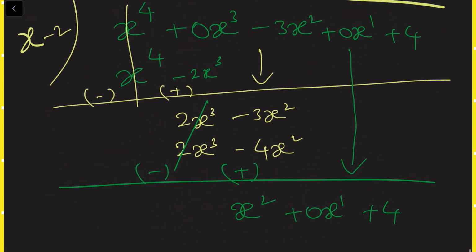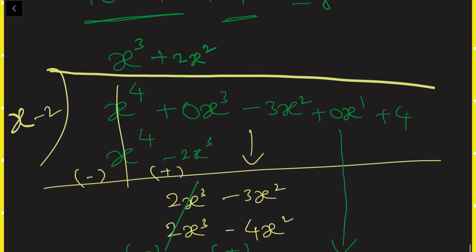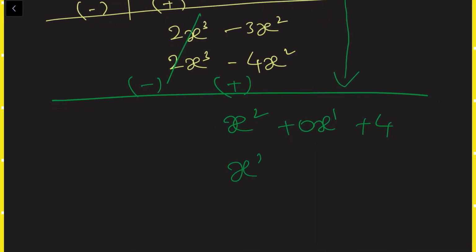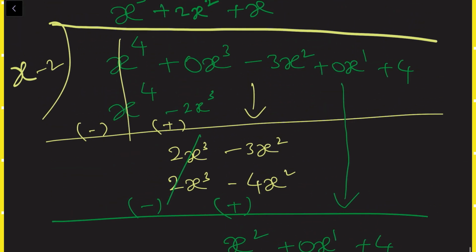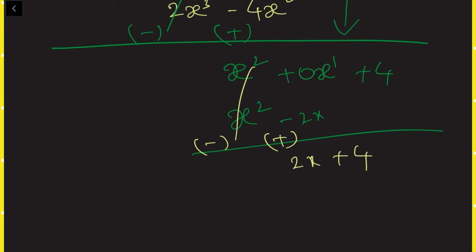Now if you observe it, here the first term is x, here x square. X should be multiplied by which number so that we will get x square? It's again x only. X into x is x square. So here plus x. X into x is x square. Here x square. Then second term is minus 2. So minus 2 into x, minus 2x. Here plus x square will become minus x square, minus 2x will become plus 2x. These two cancel. This will become then 2x. This will become plus 4.